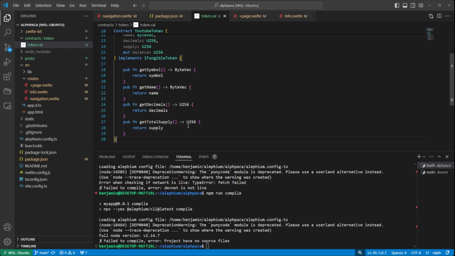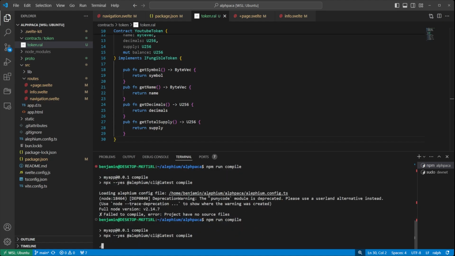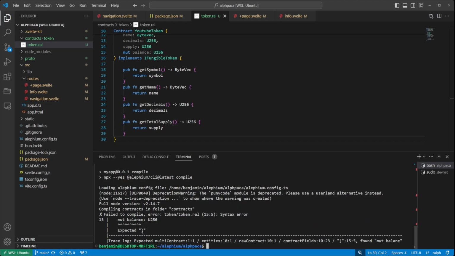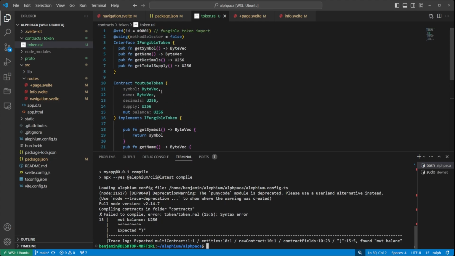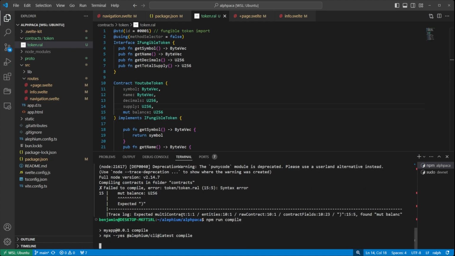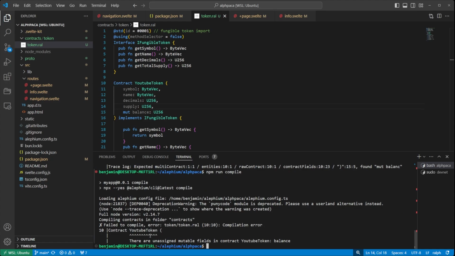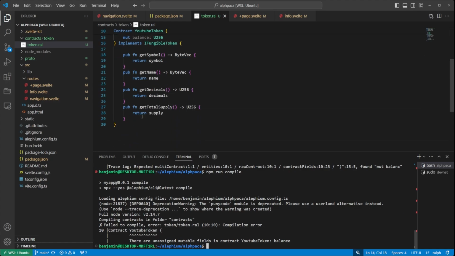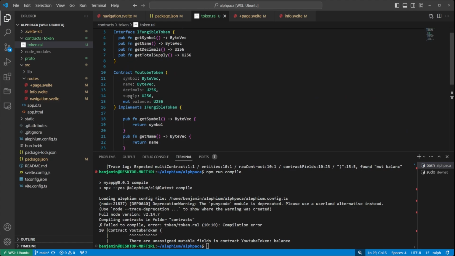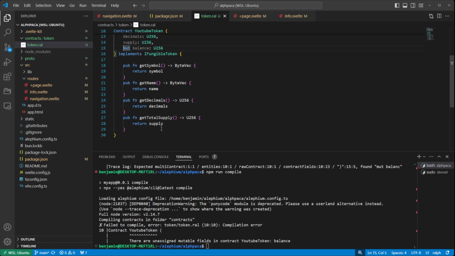And then we're going to compile that. So let's give that a quick compile real quick and see where we have messed up or not. So we can see that mut balance expects a comma, no biggie there. And we can see that YouTube token has unassigned mutable fields. So in this case, if we have mutable balance, we need to specify how we're using it,